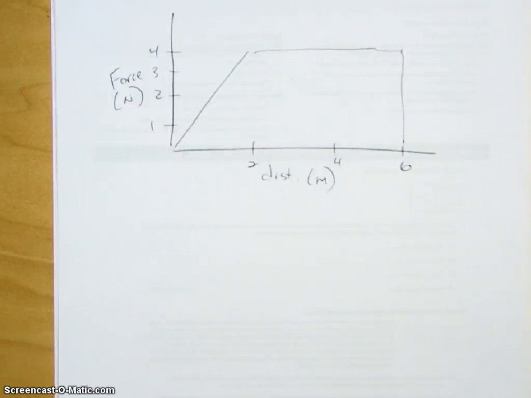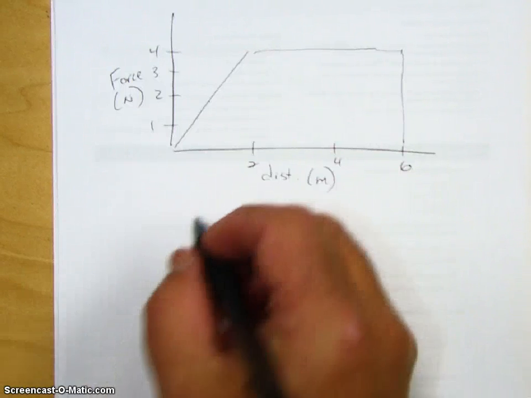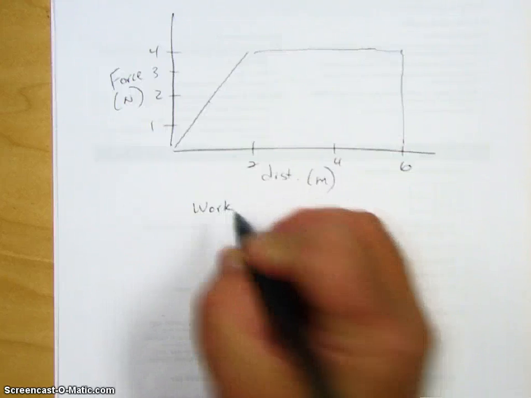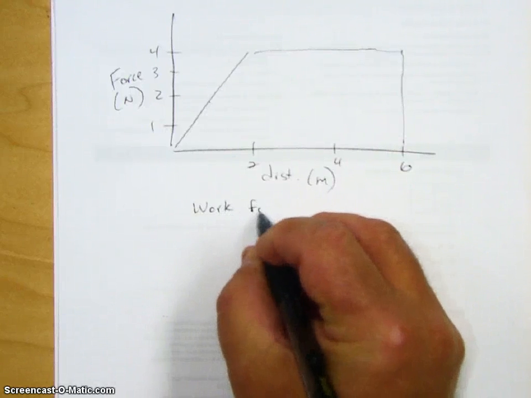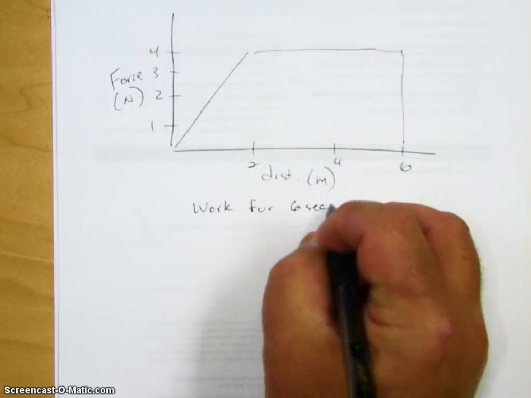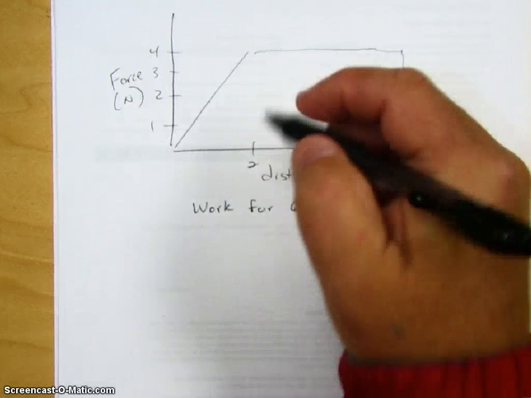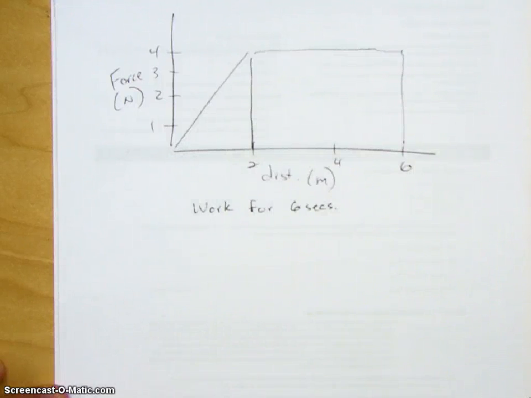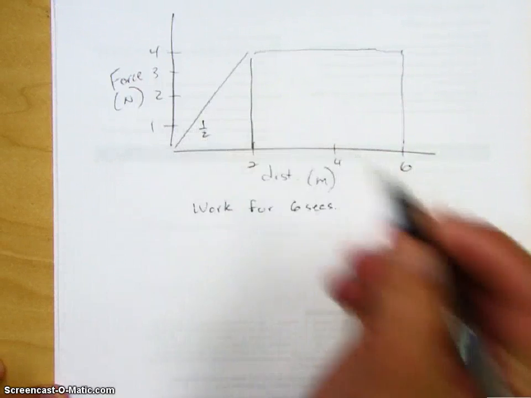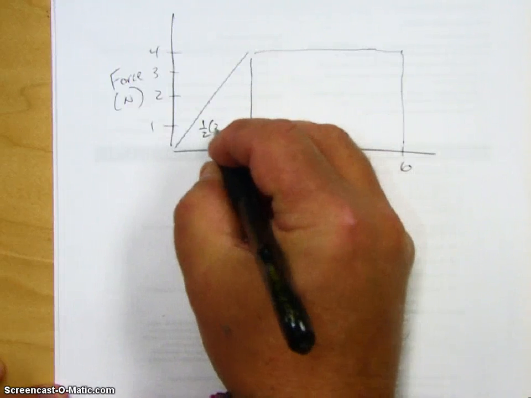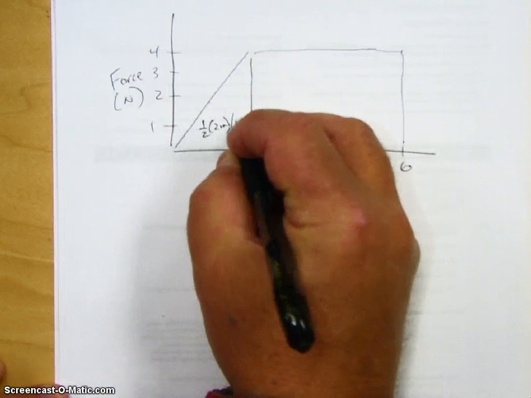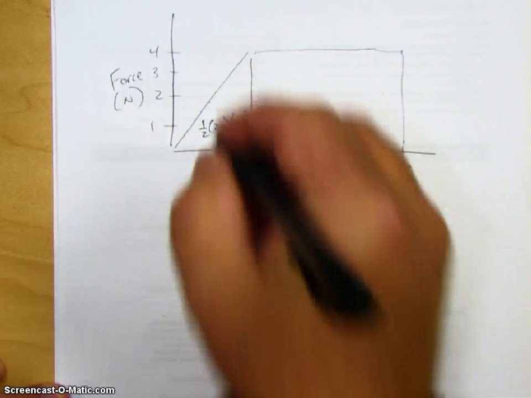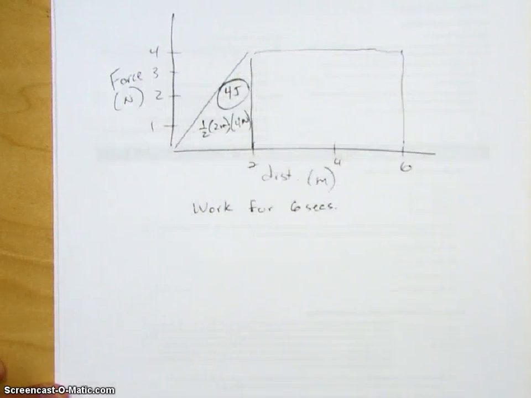Okay, so I have something like that. I have a variable force that occurs for 2 meters, and then after that it's a constant force. What I want to figure out is how much work is done for the whole 6 meters. To calculate that, I'm going to break it up into areas that I can handle. I can handle that, I can handle that. This is going to be 1/2 base times height, 1/2 times 2 meters times 4 newtons, that's 4 joules of